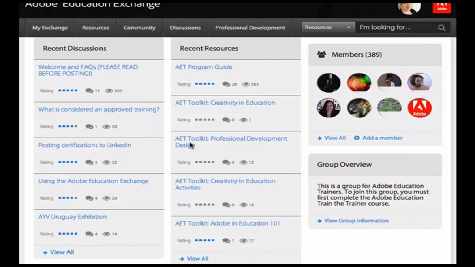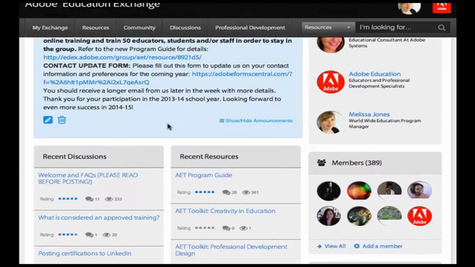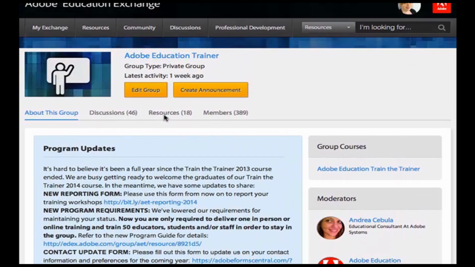If you look at the members box, you can view all members in the group, search, and find ways to connect. And then here's just some information about the group. In order to find the Adobe Education Trainer Toolkit items, including your badge, certificate, letter, and the free resources that we develop for trainers, you can go to the Resources tab